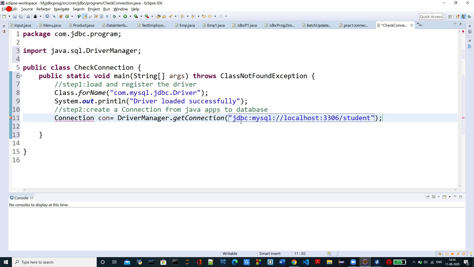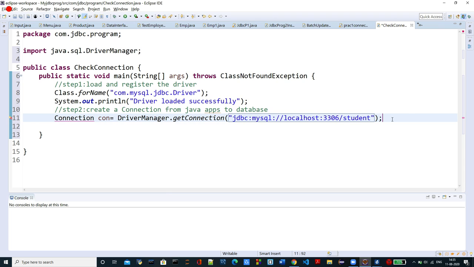This JDBC is the JDBC API, and MySQL is the vendor specific database, and this localhost is the MySQL server name, and this one is the port number of MySQL, 3306, and then student is our database name.